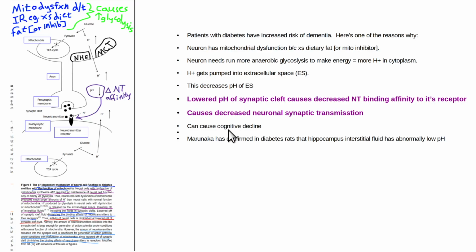Now, here's the main point of this whole talk. We just talked about how in cells, when there's insulin resistance, quite often due to mitochondrial dysfunction, because the mitochondria are not working well, they can't make that much ATP. So the cell compensates by running glycolysis in the cytoplasm, anaerobic glycolysis. That generates a lot of protons, lactate plus H plus. And then the H plus is pumped out into the extracellular space, also called the interstitial fluid, and